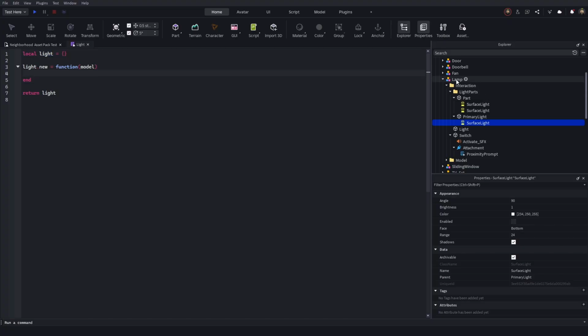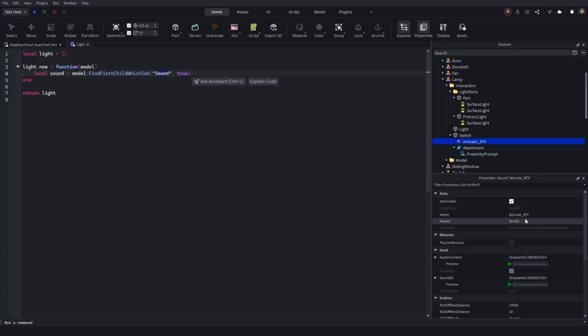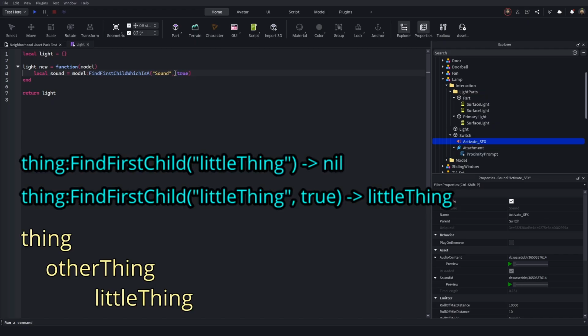So let me show you what that looks like. First, let's fetch our sound and our proximity prompt. Local sound equals model, find first child, which is a sound. The reason we're using find first child, which is a, so that we can add a true after the class name. The class name is the object. You see if we click the sound, the class name here, this is what we're fetching it by. And then we're saying true, meaning it's